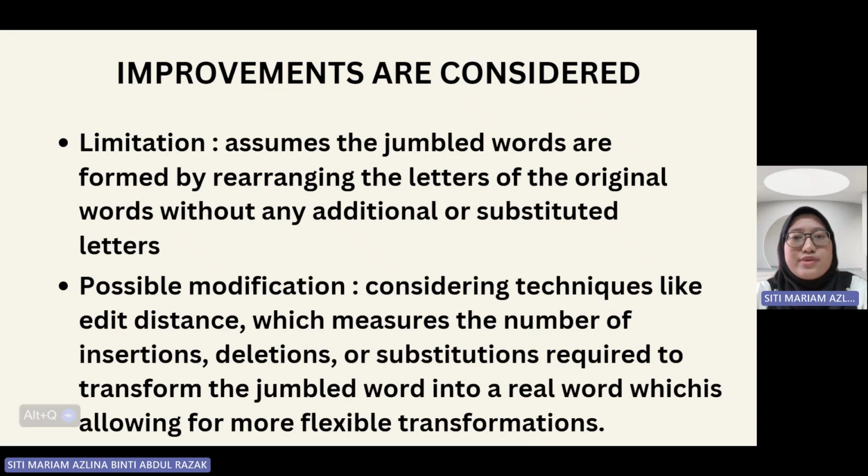So the improvements that can be considered, which is the limitation of this code, is that it assumes the jumble words are formed by rearranging the letters of the original words without any additional or substitute letters. And the possible modification that we can do is that we consider techniques like edit distance, which measures the number of insertions, deletions, or substitutions required to transform the jumble word into a real word, which is allowing for more